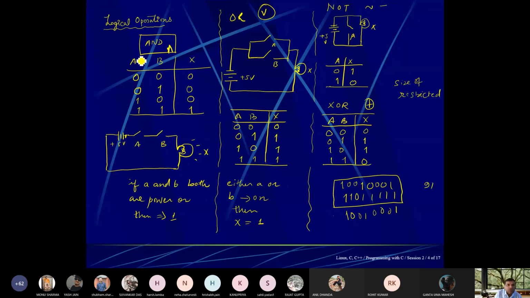One more symbol is there: star for AND, plus for OR, and this bar is for NOT. Okay, so this is A and this is B. Just try to understand and go bit by bit. Bit by bit means this is A and this is B and this is your output. So 1 and 1 is 1. From here, you know, if you are talking about AND gate,